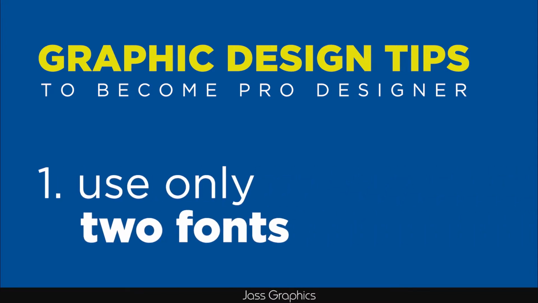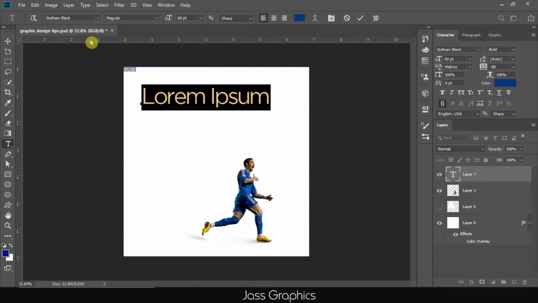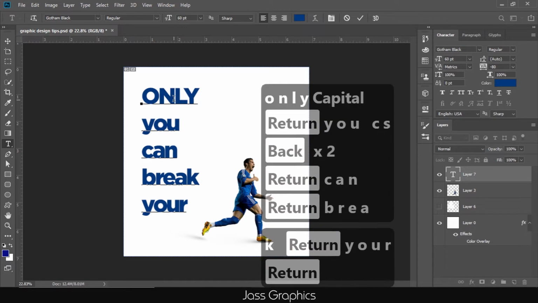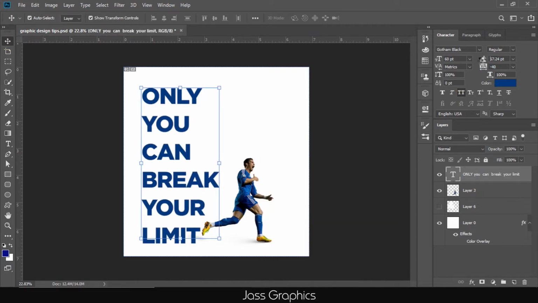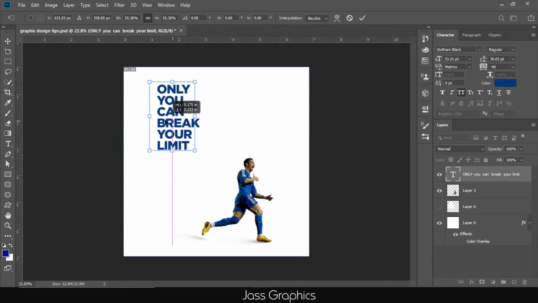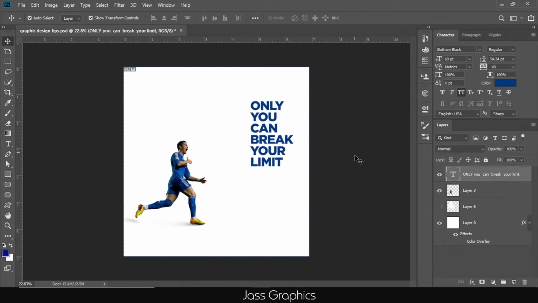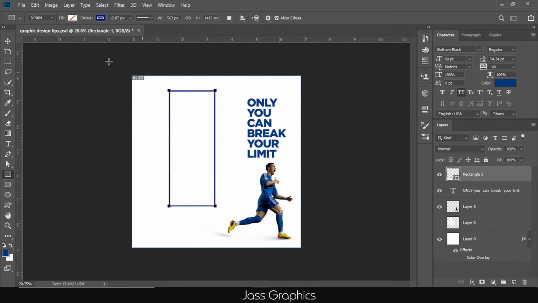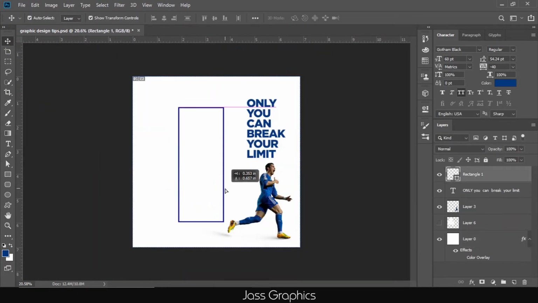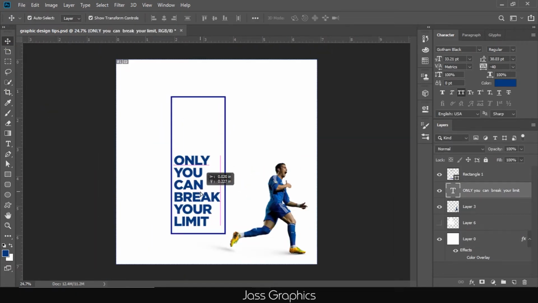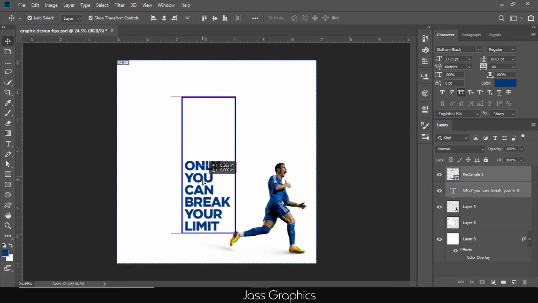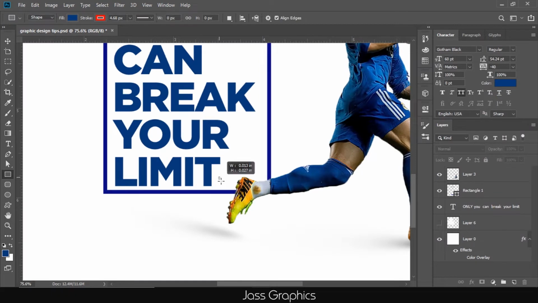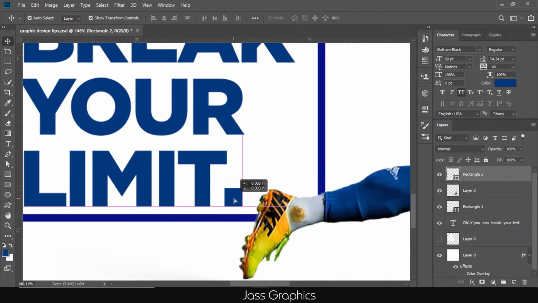When you start designing, whether you are beginner or you are at advanced level and your design does not look like professional, then start making design only with 2 fonts. I observe 90% designers generally use more than 2 fonts in one design, and they use very strange fonts. They make title with one font and use another font for paragraph and one more font for description. Means they use different fonts for everything, due to which your design does not give that professional effect.